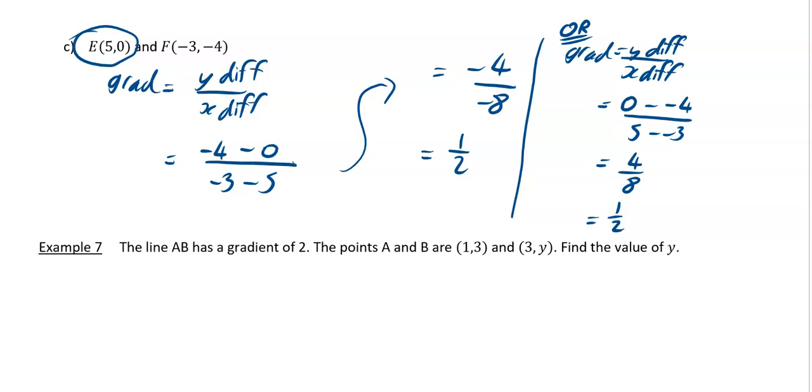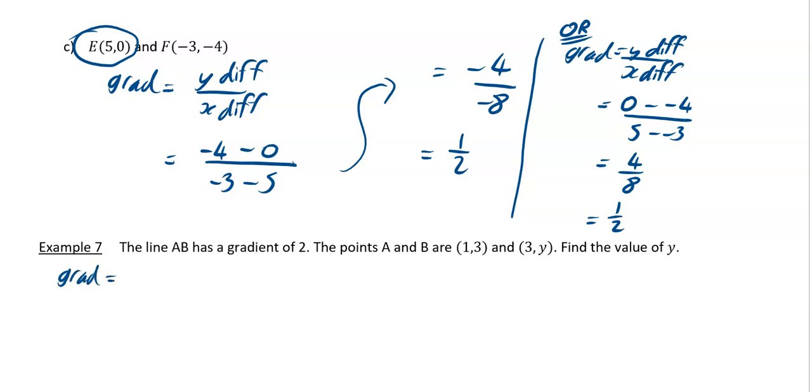Okay, this example 7 says the line AB has a gradient of 2. The points A and B are (1, 3) and (3, y). Find the value of y. Okay, right, I definitely need to use my formula to do this. So I'm going to write down my formula and then I'm going to fill it in and see what I have. So I'm just going to say gradient